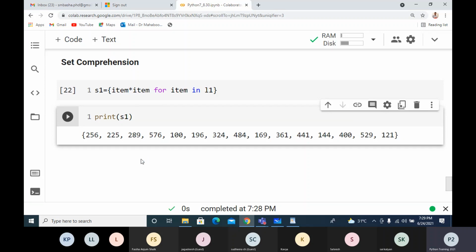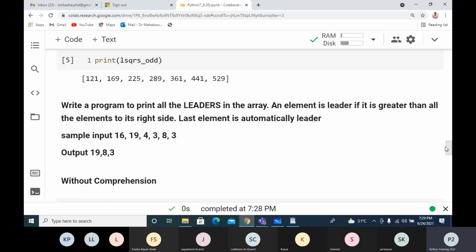So I'm taking the values from a range 10 to 25, so 10 to 24 it will give.